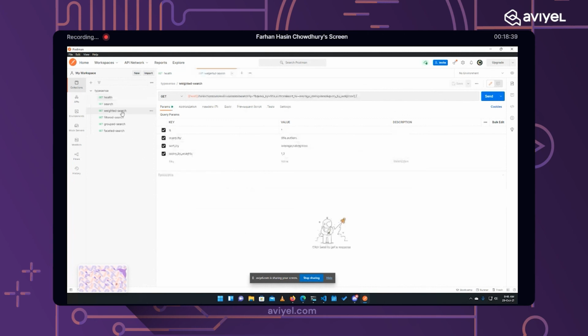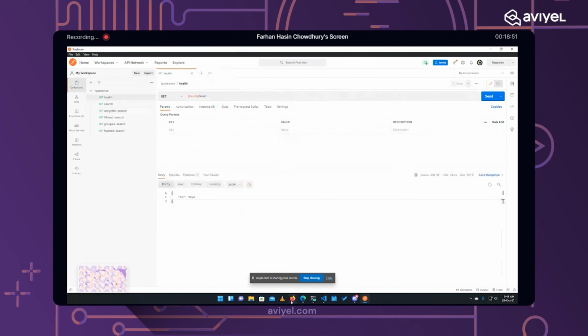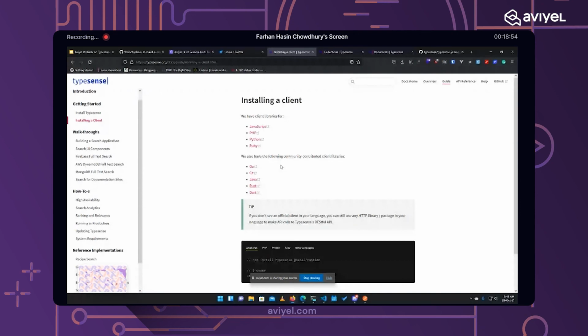For example, if I go to the weighted search example here, as you can see, there are a lot of query parameters, and it can be a bit cumbersome to maintain sometimes. So what these client libraries do is that they do the heavy lifting of sending the request to TypeSense, and they let you write JavaScript code or PHP code that will in turn be turned into a request and sent off to TypeSense. I'll just demonstrate how that works.